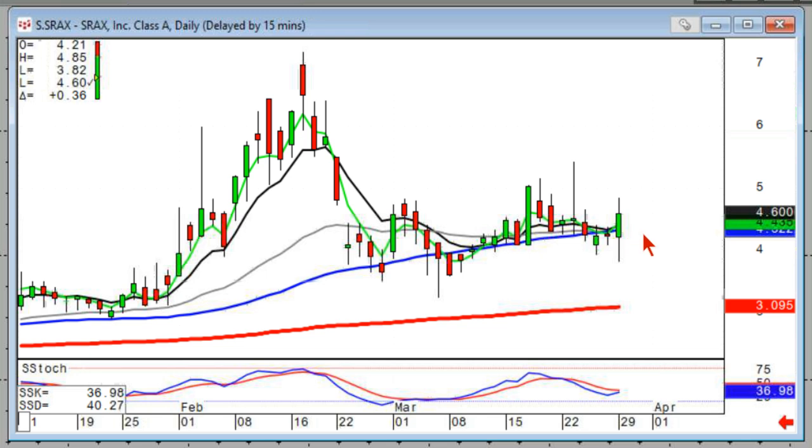I guess my answer would be, if you like it, you can be buying it. You just want to make sure it can get out through this trend level. So if you're buying now, you use a T-line as your stop. You just want to make sure it gets up through